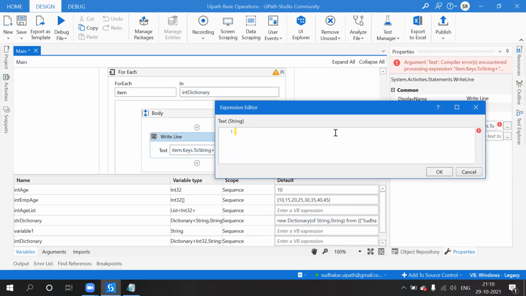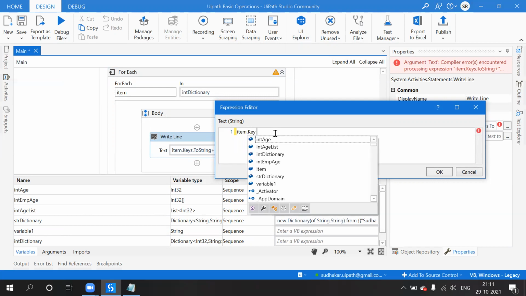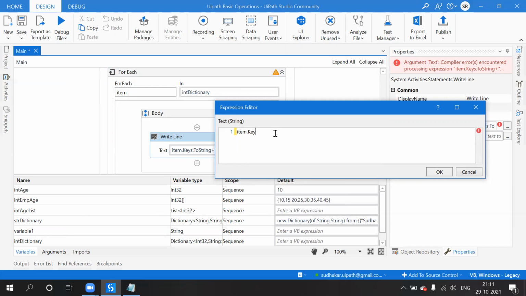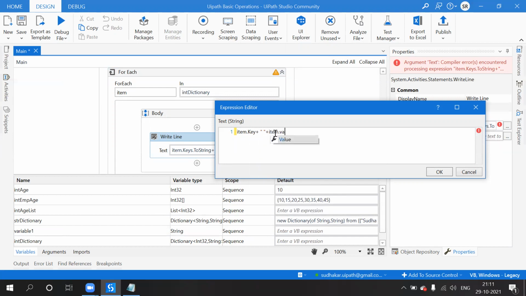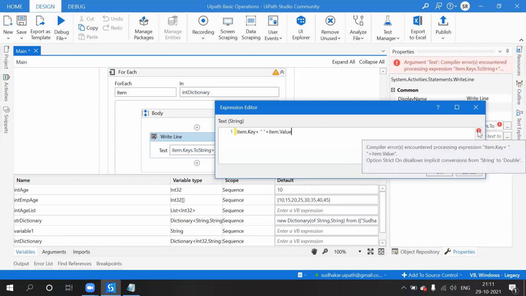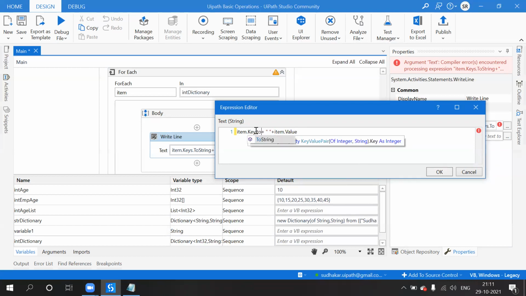And see, item dot key, plus item dot value, string to double, so dot text.